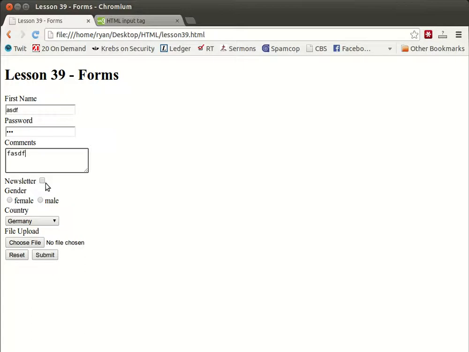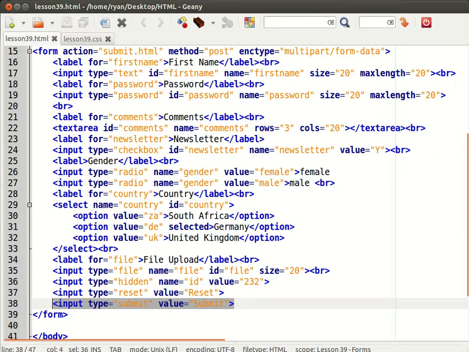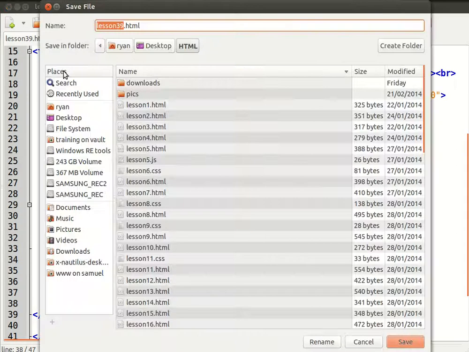So if I fill in the form and I press submit, then it takes me to submit.html, which is my action. Currently that page does not exist, so I need to go and create that page. So I'll just save as submit.html,